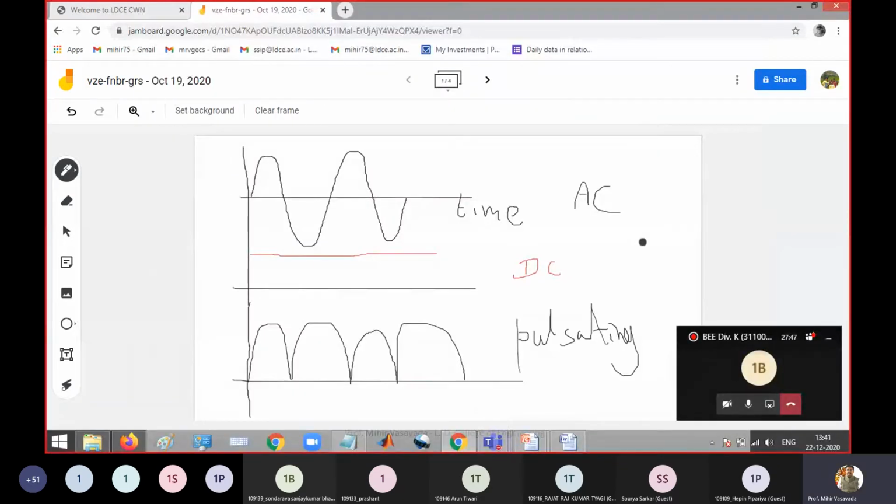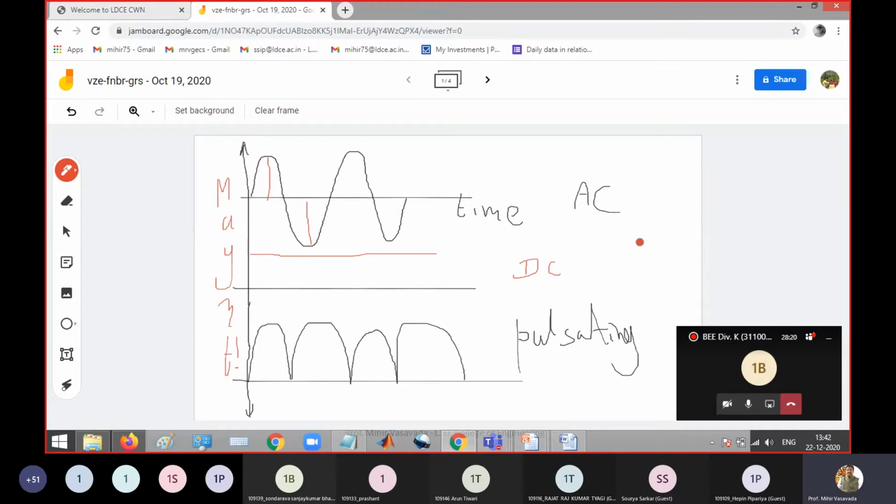What is the difference between these three? What is there on this y-axis? X-axis is time everywhere. What is there on y-axis? Voltage, or current, or whatever it may be. It is the magnitude of that quantity. Right, it is the magnitude you are representing here. This is 0, this is increasing, this is going to the maximum, this is negative maximum, like that. So this is the magnitude which is varying and this is time which is changing.